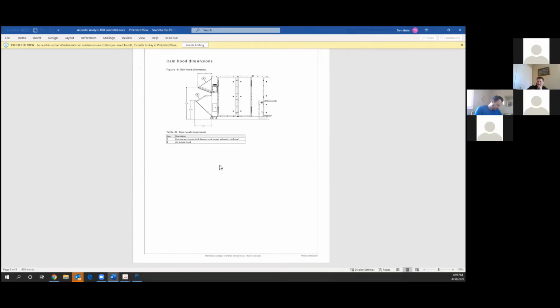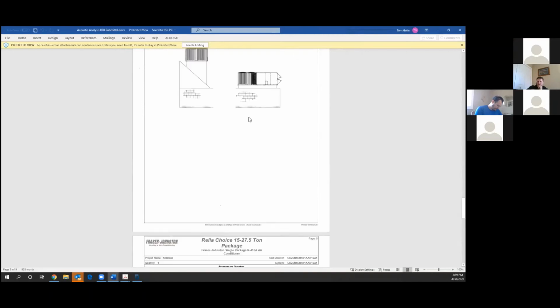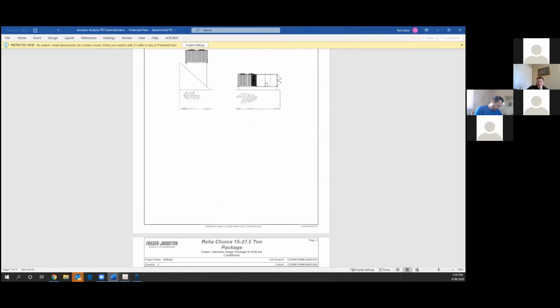I've got to give it to Trane. Trane includes their acoustic data with every submittal, so that's kind of nice. That wasn't available here, but